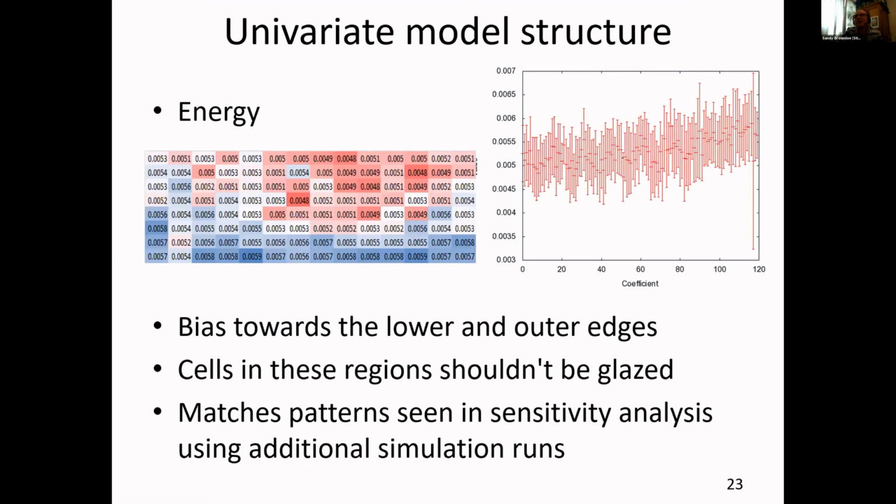So again, we got these positive terms, and you can see that there's a bit of a bias. They're kind of increasing as we go over to the right there, and if we put them onto a heat map as we have over on the left here, we get some kind of an idea that cells in the middle and the upper region are the ones that should be getting glazed, and the ones elsewhere should not be getting glazed. So we've got an idea now of which cells are more important, which ones we want to have glazing in